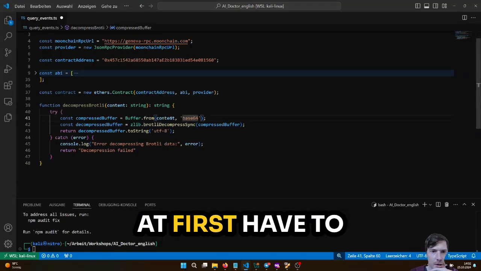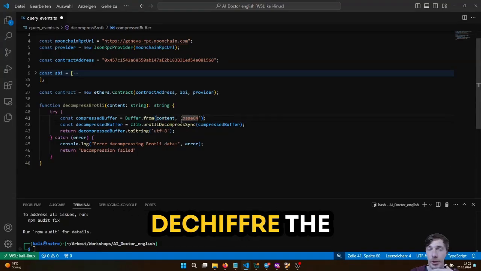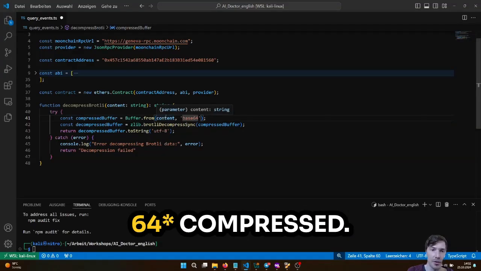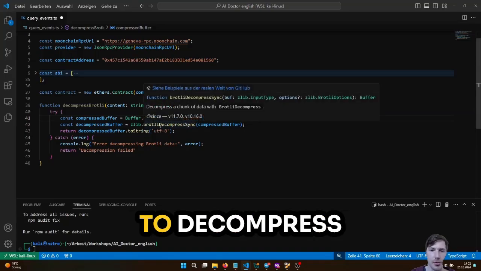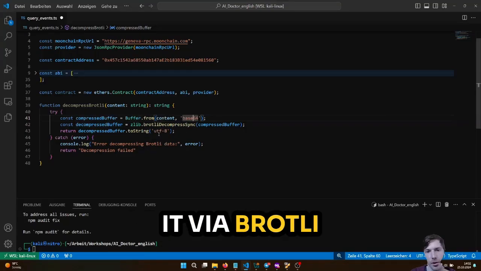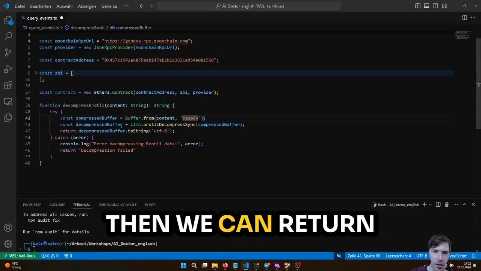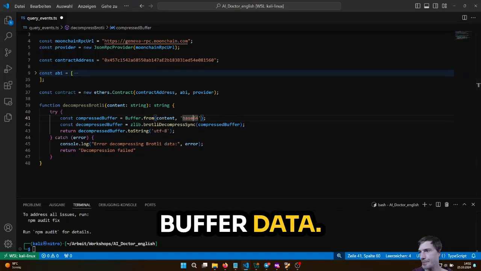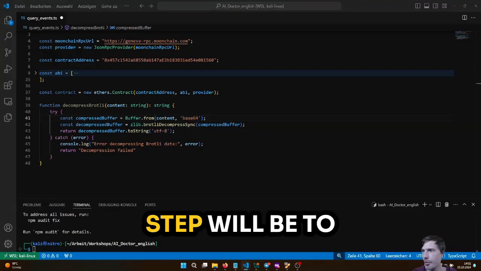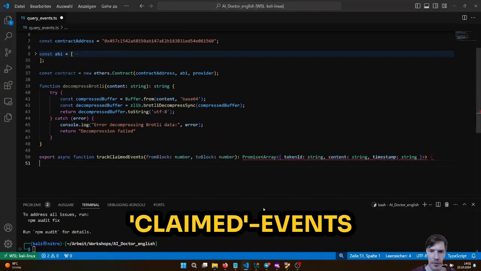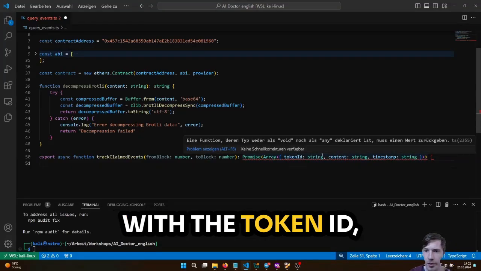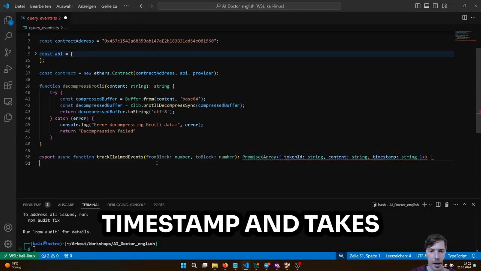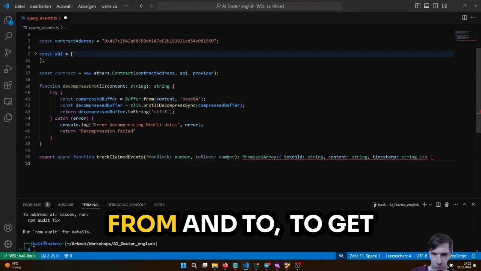For sure, we at first have to decode the content because it will be base64 compressed. When this is done, we are also able to decompress it via Brotli decompression, and then we can return the decompressed buffer data. And our next step will be to create our trackClaimedEvents function, which is this one, which provides a promise with the token ID, the content, and the timestamp, and takes the block number from and to get searched